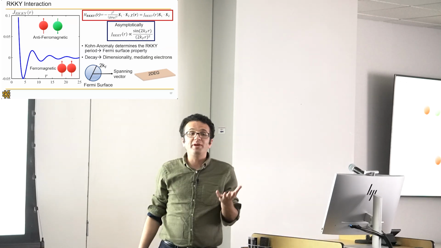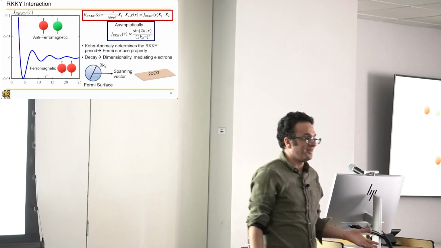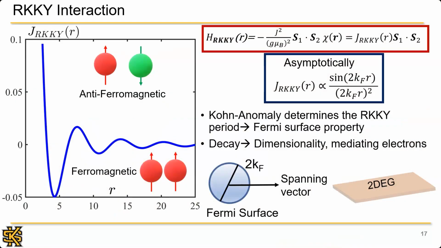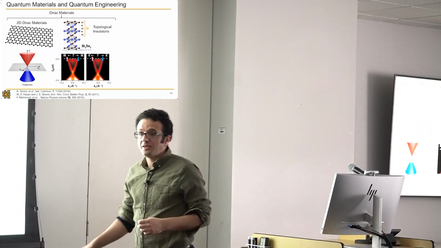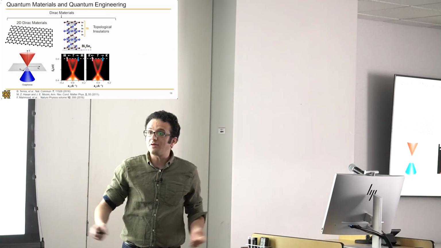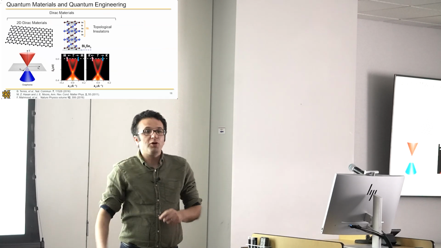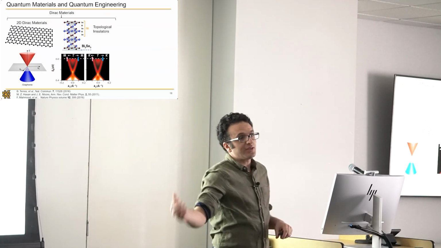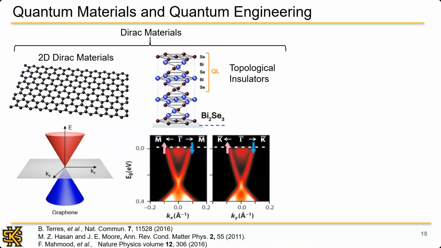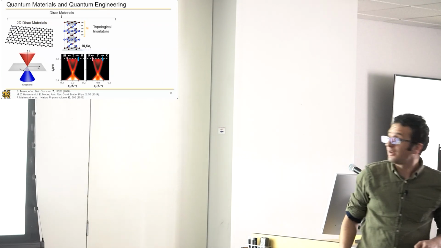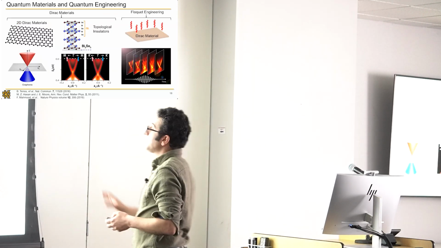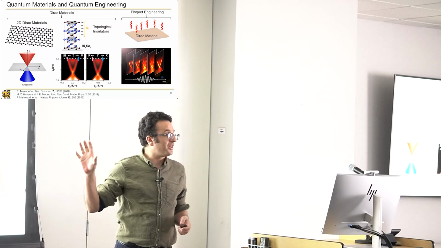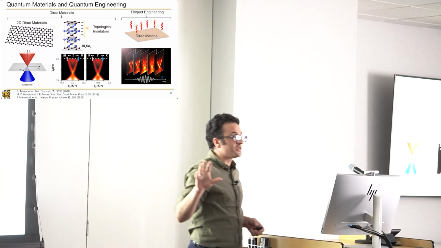So now we have a phenomenon such as the RKKY, and we want to control it to make our hard disks better. We either go and discover new materials, we start finding topological insulators, two-dimensional materials, Weyl semimetals, all the new and hot topics that we have in condensed matter, or we can say we already have materials, so let me try to control them via external probes.